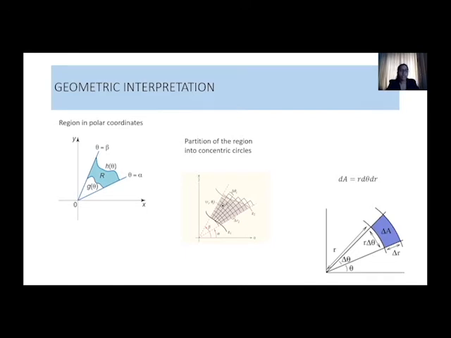So what we'll do is, we will consider many concentric circles here. In the first line integrals, we had considered the partition of interval. Then we had considered rectangular regions. Now what we are going to do is we are going to use concentric circles. I hope you remember, while dealing with polar coordinates, we used to graph the polar coordinates in the figure, not in the normal graph paper.